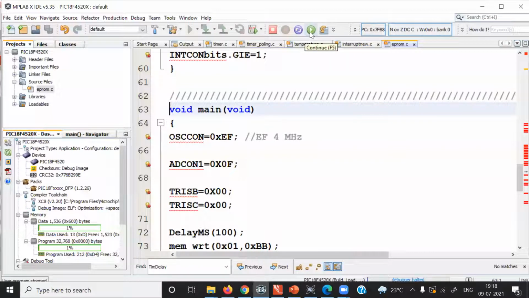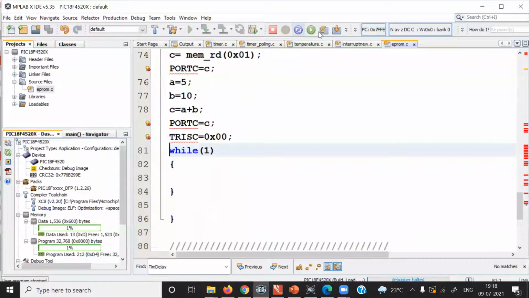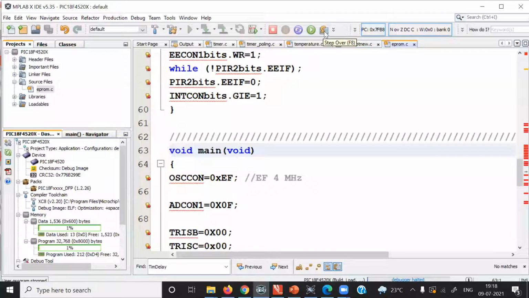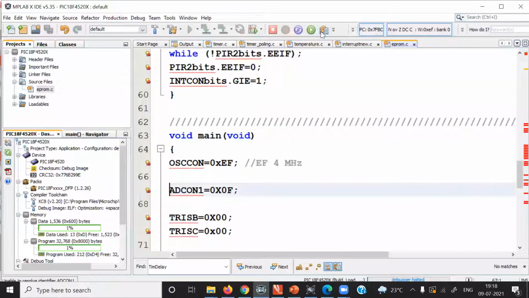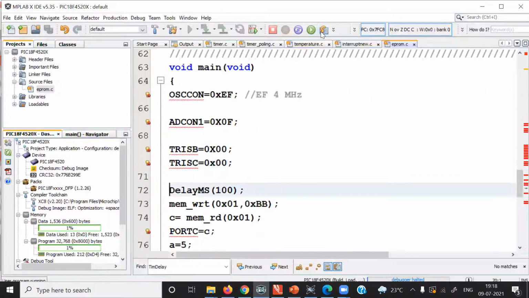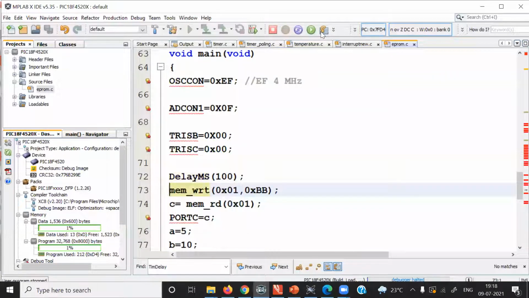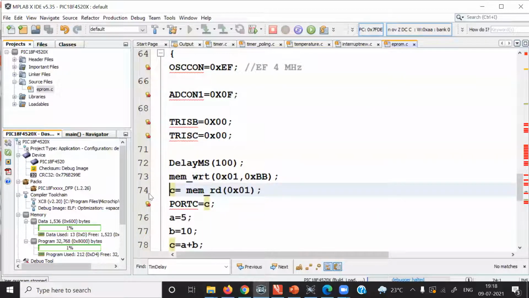The program is reset. So I will execute one instruction or one line of code at a time. There is one icon here, step over. With the help of step over, we can execute code one line at a time. Now the cursor is here at line number 74.